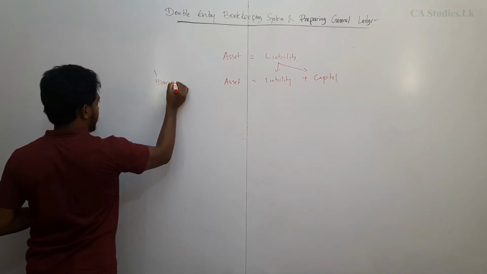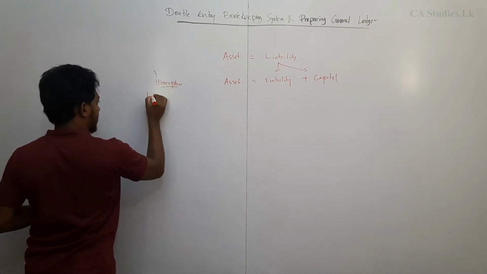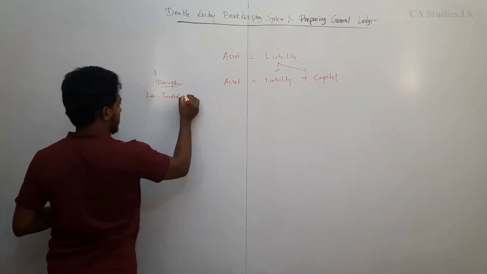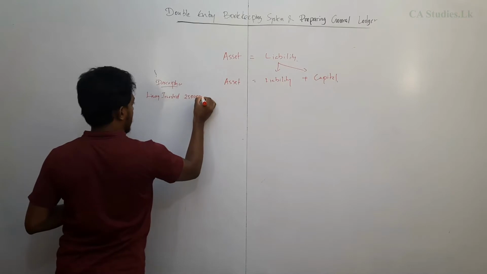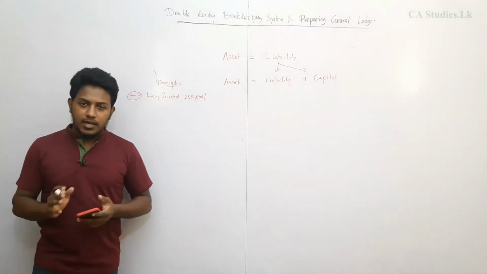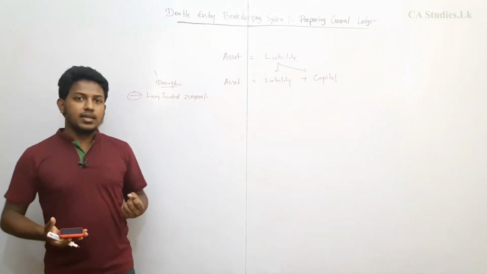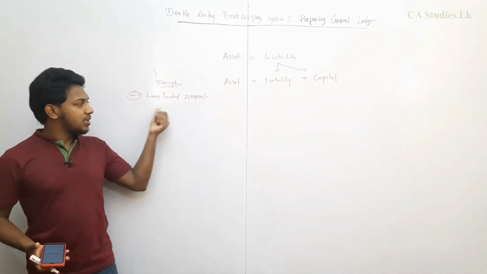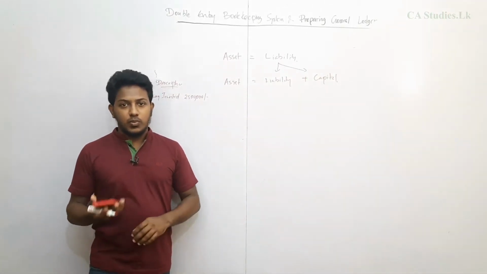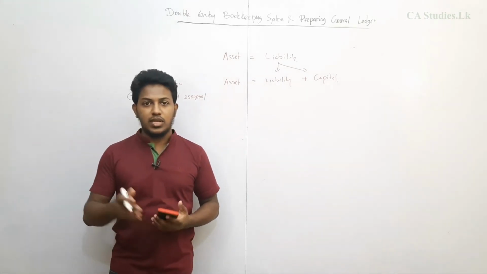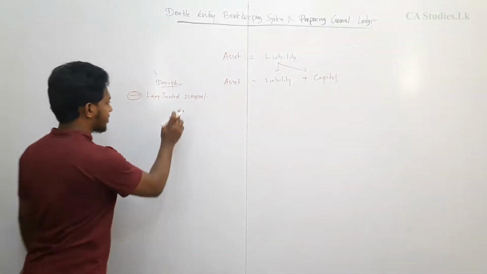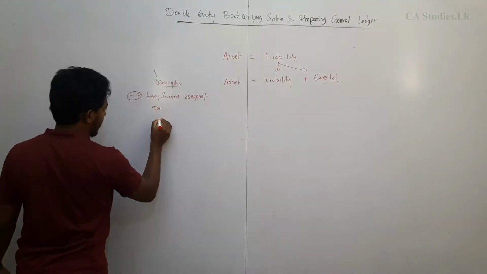See here, take it as a description. So Lishara invested how much? 2,500,000. What is this? First we have to understand the transaction. In accounting we have to first understand the transaction. That is, what is 2.5 million? It's a capital. So if Lishara invested the 2.5 million, what will be the impact to the general ledger? Before going to the general ledger, we have to pass the double entry. Double entry for this is debit and credit, right?